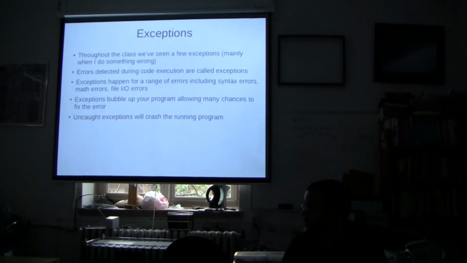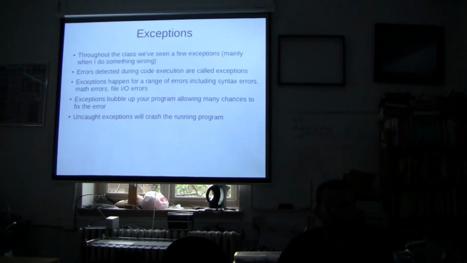Exceptions bubble up in your program. What I mean by bubble up is when you're writing a piece of code, generally you're calling multiple functions. So you kind of go deep. From your main function, you call a second function, which calls a third function, which calls a fourth function. If that fourth function errors and doesn't handle the error, it's going to bounce back to the third, bounce back to the second, bounce back to main, and then eventually it will bounce back up to Python itself, which will then crash your program. Right? Does that make sense? Is that weird?